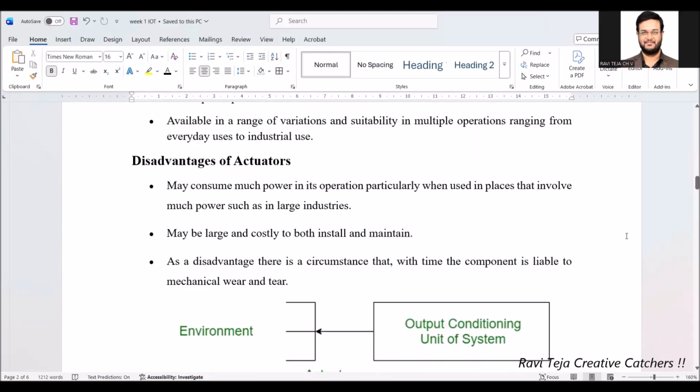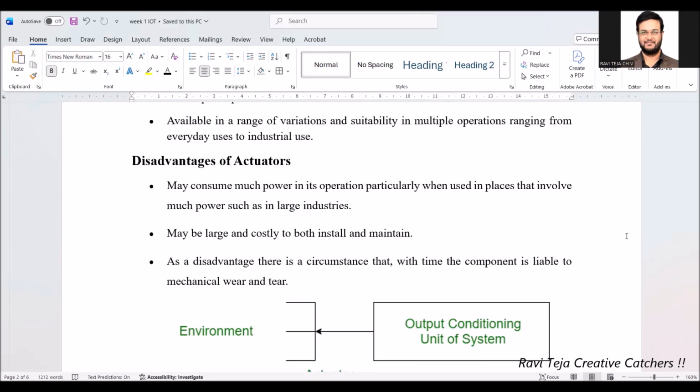Many of the actuators, while performing, consume very high power, so the energy consumption is very, very high. The second disadvantage is that sometimes the actuators can be large and also costly to both install and maintain. And the third disadvantage is that after a few years of usage, these actuators can go into wear and tear. So simply we can say that sensors are like